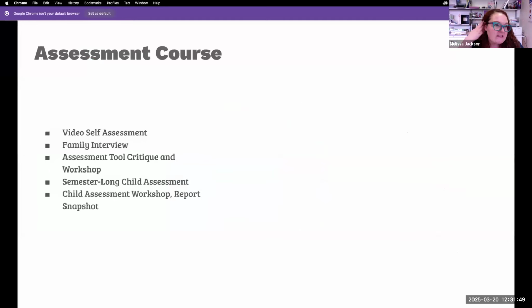Within the context of our assessment course, we have a number of assignments that we have done and continue to refine throughout the years. When we think of assessment, we're typically thinking about these forms right here, right? Checking off if a child has certain skills and if they don't, and norm referenced. What we're teaching in this course is assessment as a process, with these tools as one piece of that